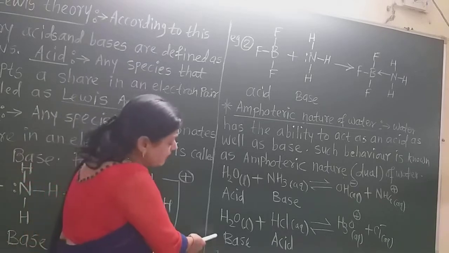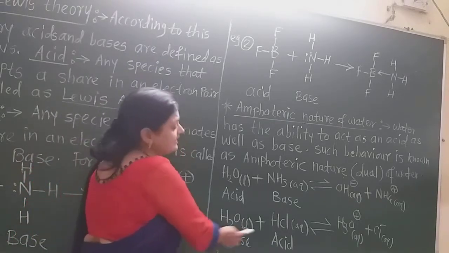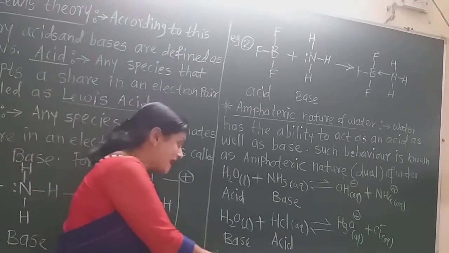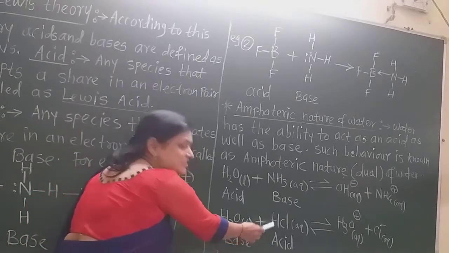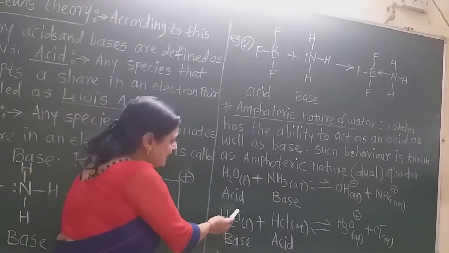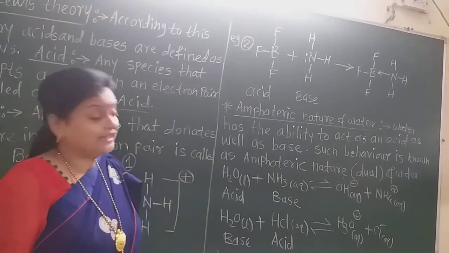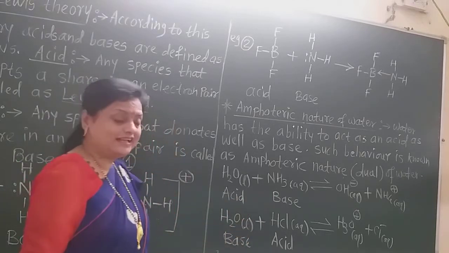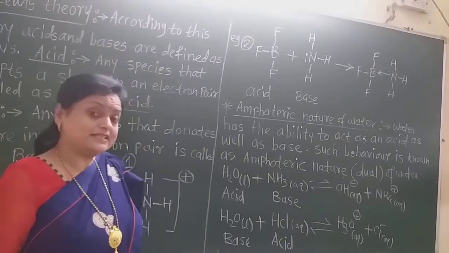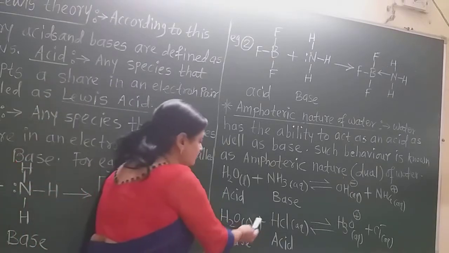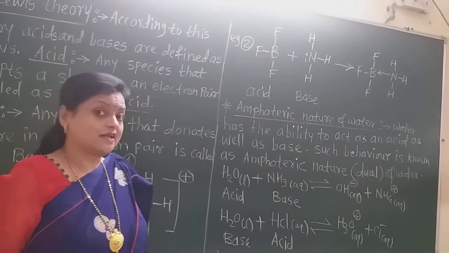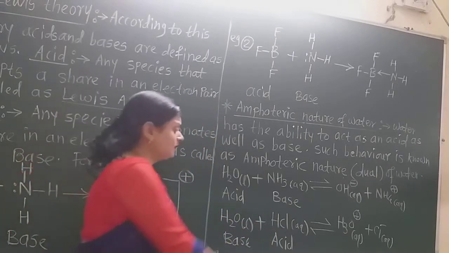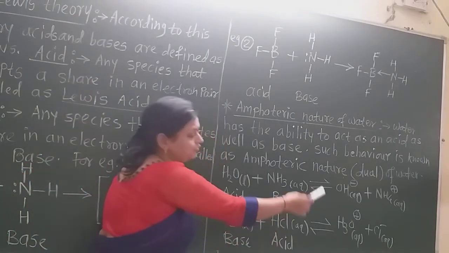Now see another example. Here is also water, but the reaction is with hydrochloric acid, which is a stronger acid than water. So as it is acid, it gives the H+ ion now to this water. Water has 2 lone pairs on the oxygen atom. So water accepts the H+ ion from this HCl, and water acts as the base here and HCl acts as the acid. After acceptance of the H+ from the HCl, this water is transferred into the H3O+ ion, that is the hydronium ion. And after donation of the H+ ion from this HCl, the HCl is converted to Cl-.